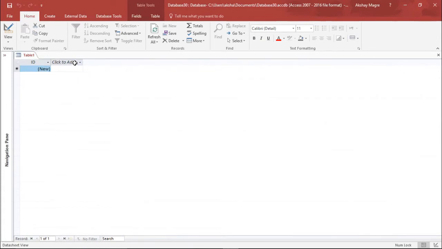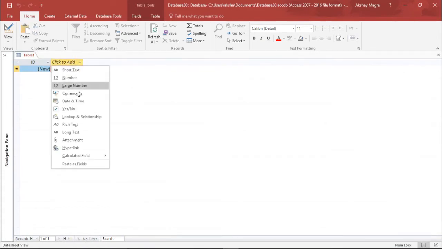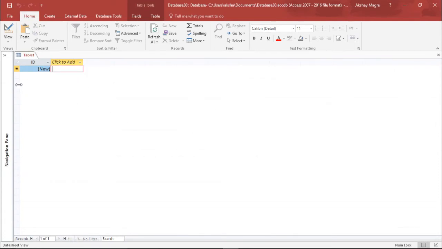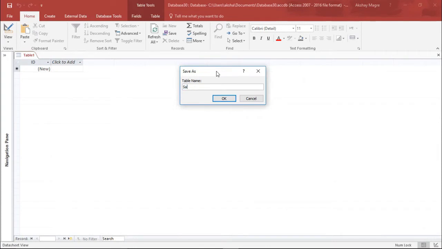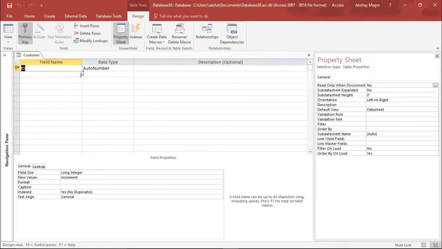In order to do that, I can create a table structure from here as well, but it is suggested that we go under the View tab and then to the Design view. Firstly, it is asking me to save this table. Let's say we'll make this as Customer Database, which will make more sense, right? We will name this Customer Database and simply hit OK. Now you can see this is under the design view.